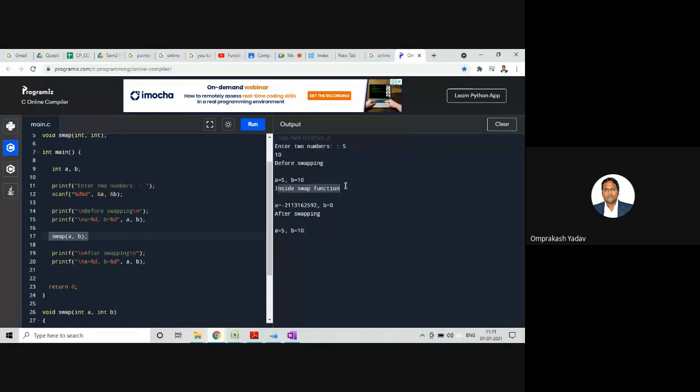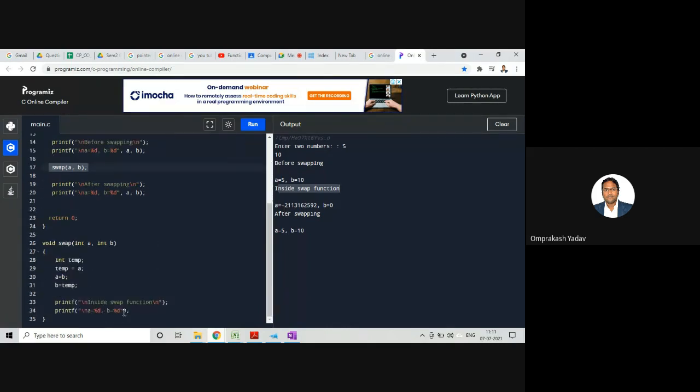So inside the swap function, A is equal to, have we made any mistake? A is equal to coming this and B equal to 0.